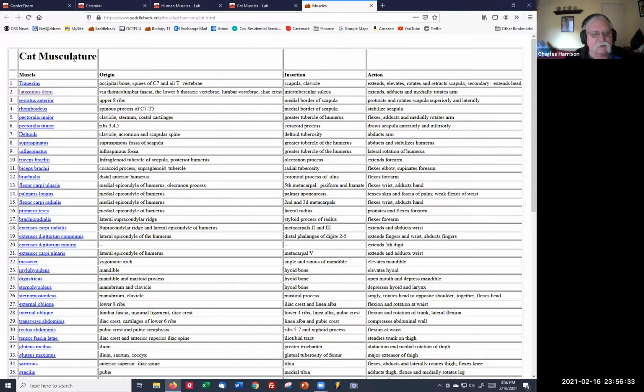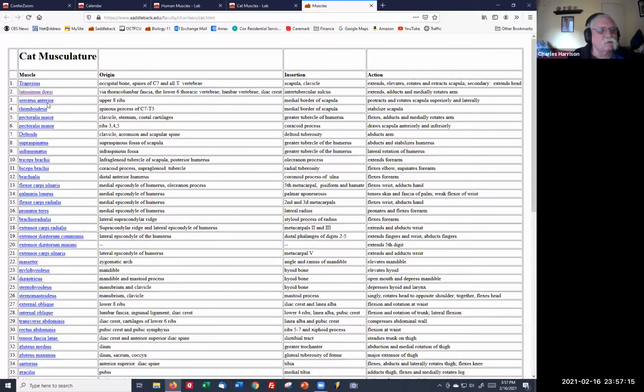muscles on the cat. I've looked at the cat many times, and to counter the argument, well, why cat muscles? We're doing human anatomy. Well, we are doing human anatomy, but we don't have 100 cadavers to work with. And on the cat, there's only about six muscles that are so different that we really have to point them out. Okay, so most of them are the same, but